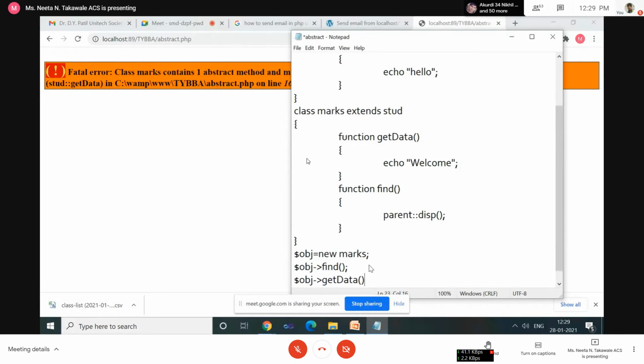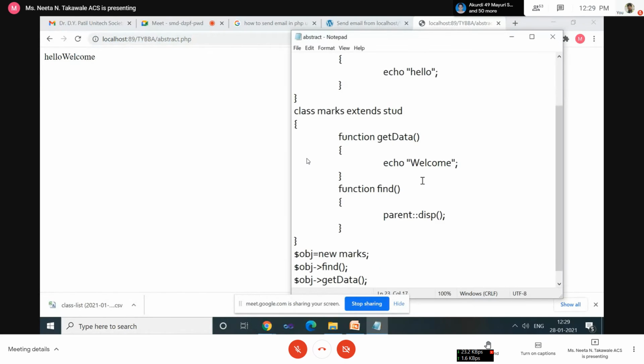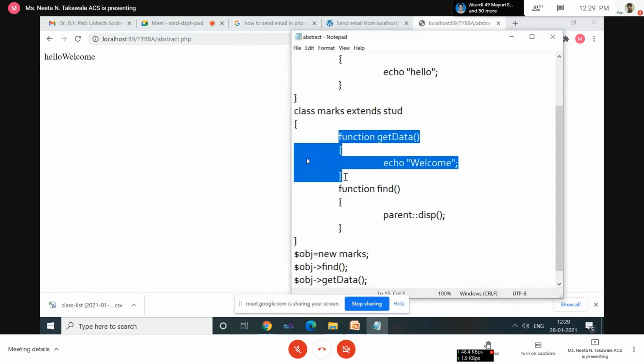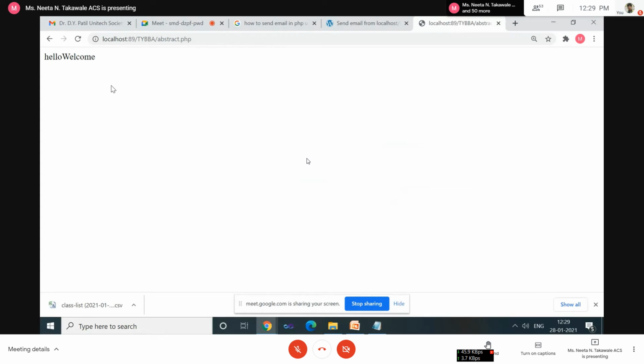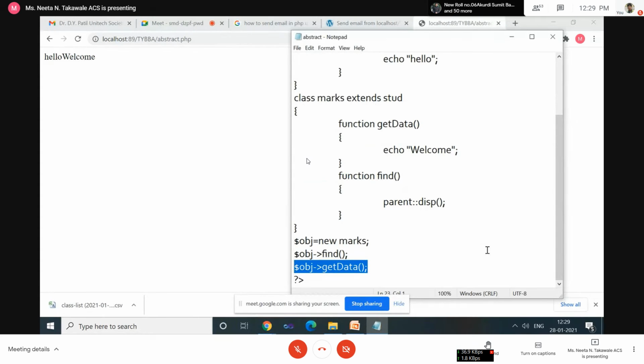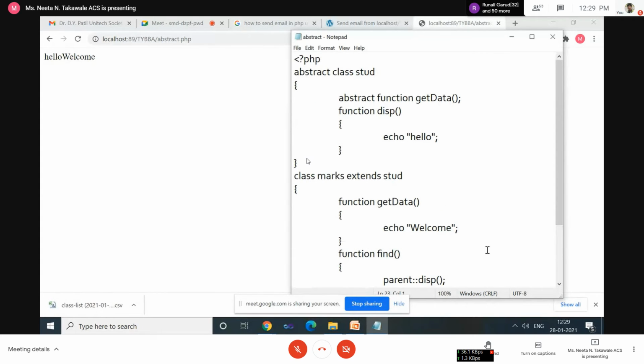Okay. Save this one. Execute. Now see, it is not showing the error message because we implemented the get data inside the derived class. Okay, and we are accessing that get data using the object of the derived class. So that's why it is showing that message on the screen also. Okay, clear? Yes, ma'am.